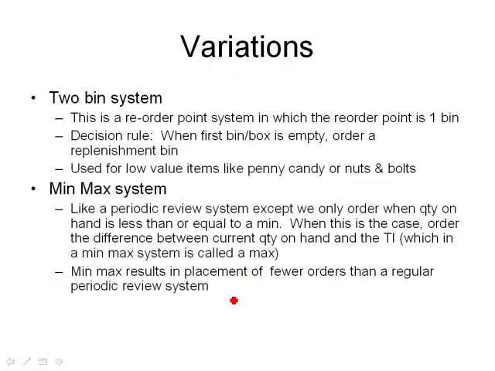A couple variations of these two systems that we'll just talk about real quickly. One is the two-bin system. Two-bin systems are often used for very low-value items, candy, real simple hardware items like nuts and bolts and things like that in a manufacturing setting or even in a hardware store. And with a two-bin system, classically, I literally have two boxes or two bins of a particular material, like let's say a bolt that's a 1/4 inch width, an inch long, 24 threads per inch,